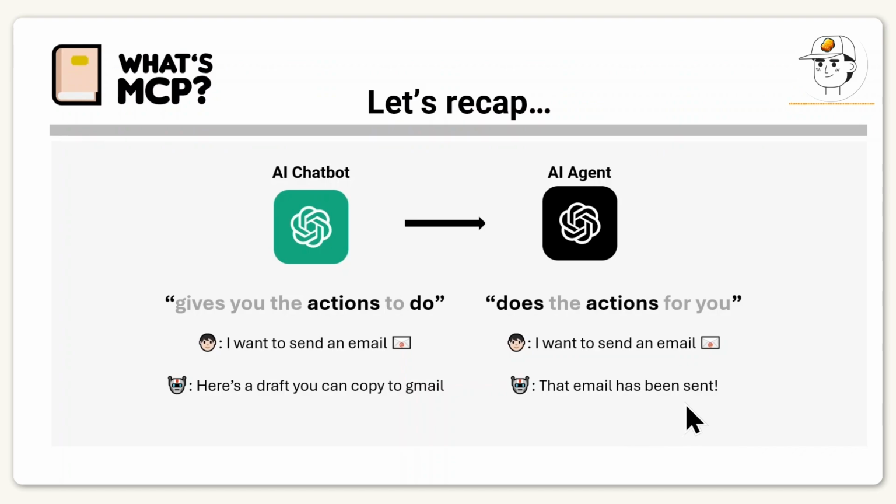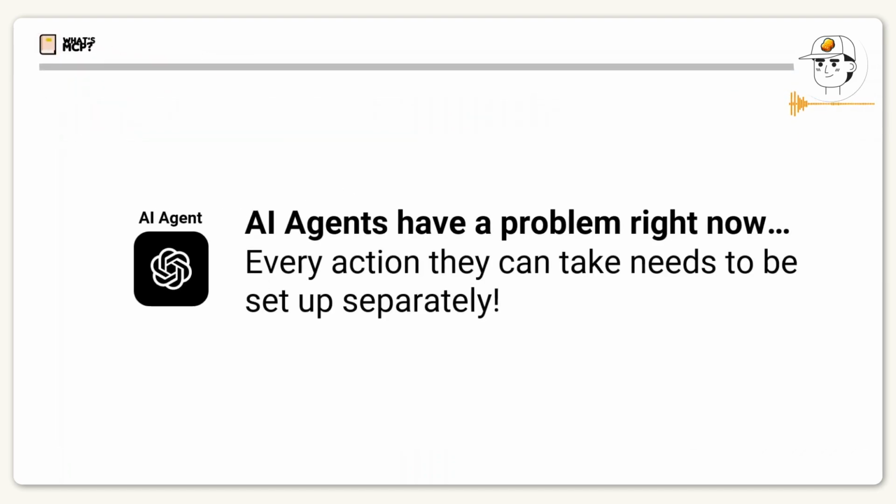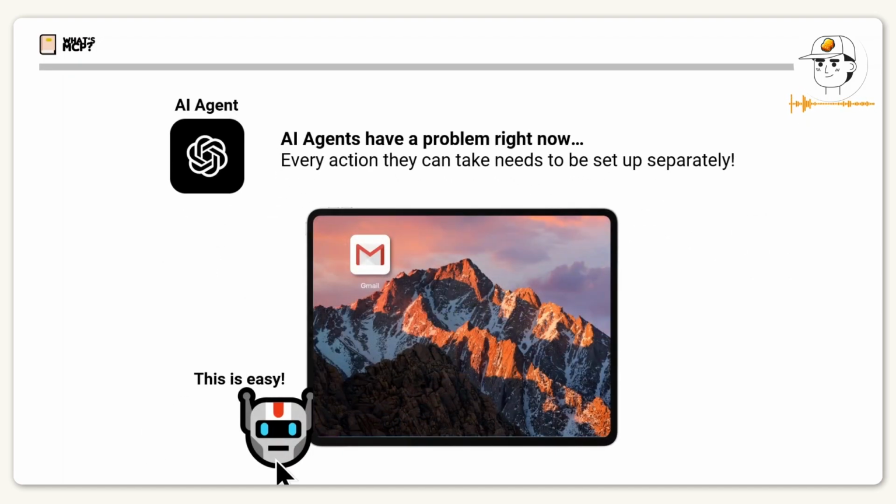But an AI agent goes beyond that and actually sends the email for you. But there is a huge problem with AI agents right now, and that is simply the fact that it is quite difficult to set up an AI agent because every action that they can take needs to be set up separately. So if we imagine our AI agent to have their own computer or tablet where they do all of their tasks and actions, if you were the AI agent, you would prefer to just have one Gmail app in